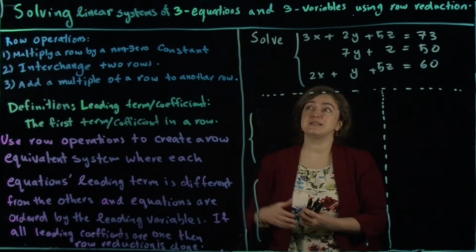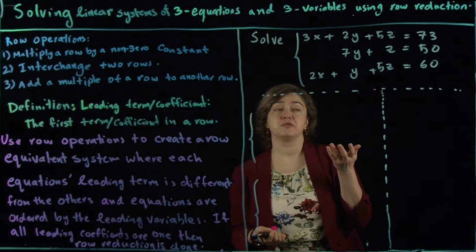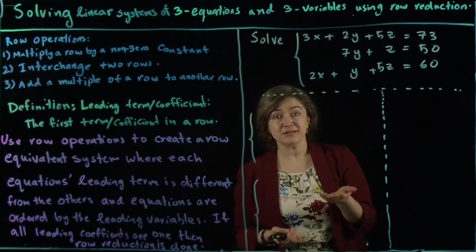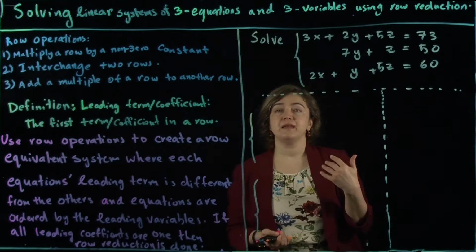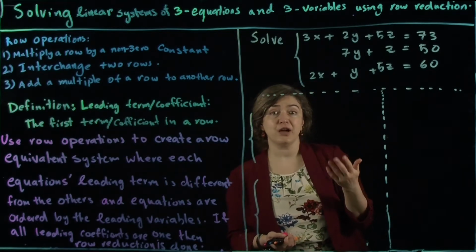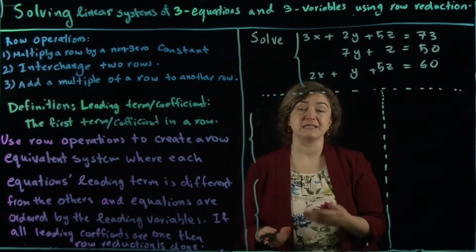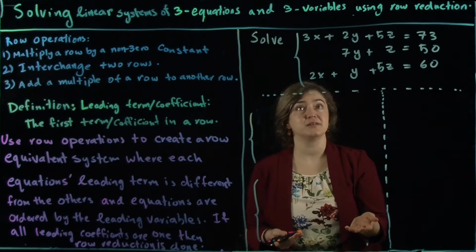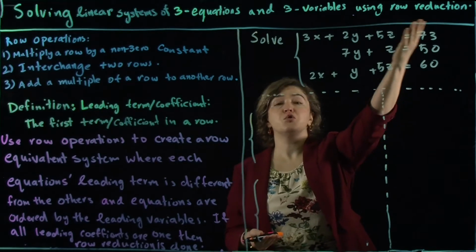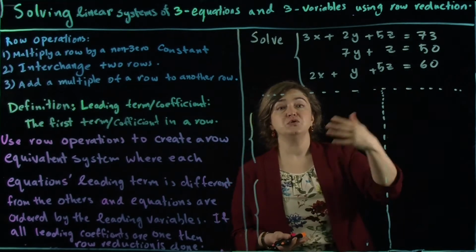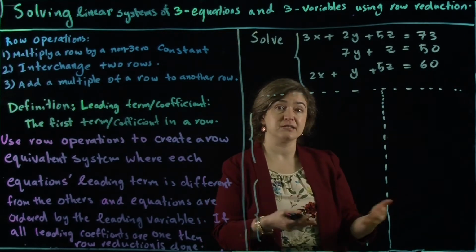Today we're discussing solving systems of 3 equations and 3 variables using row reduction. Possibly from high school, we remember how to solve systems, although in high school, there might or might not have been a systematic way of solving systems. Here we're trying to describe this row reduction method using an example, and then row reduction is a systematic way